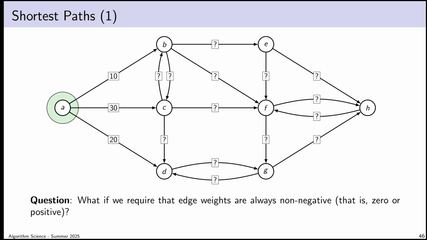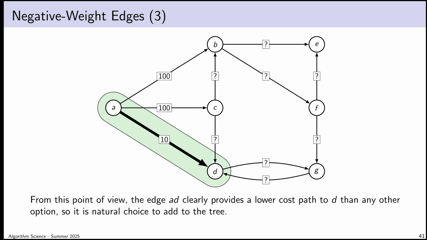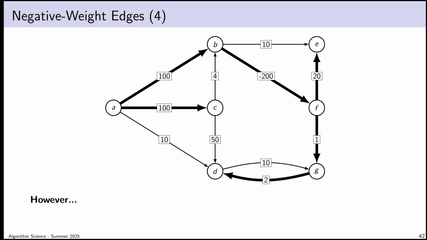So how about this? I want to try and save my earlier observations. I want to try and build a faster algorithm even if it requires me to restrict my input cases a little bit. So what if we require that edge weights are always non-negative? Because my observations do not hold up otherwise. The key thing I wanted to leverage, that is the fact that this is guaranteed to be a minimum cost path looking only at the neighbors of vertex A, that isn't going to hold up if there are negative weight edges hiding literally anywhere in the graph.